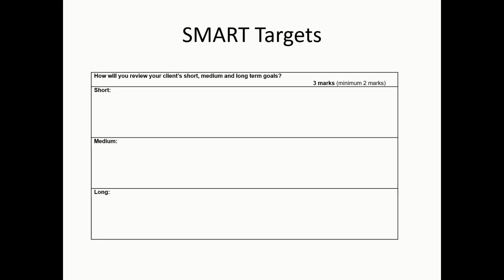Now you'll see that the question is how you will review your client's short, medium and long-term goals. And of course this is going to be dependent on the goals which you've actually set on the previous pages relating to your client's SMART targets. If, for example, the goal in question was to reduce body mass, let's say we're working with a boxer, they currently weigh 67 kilos and you want them to weigh 60 kilos so that they can weigh in successfully and therefore compete in their sport, then of course a weekly review of their weight will ensure that you're on track